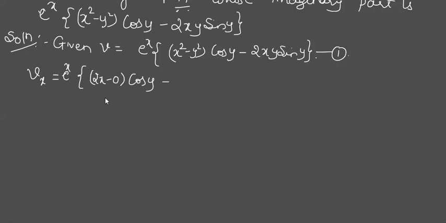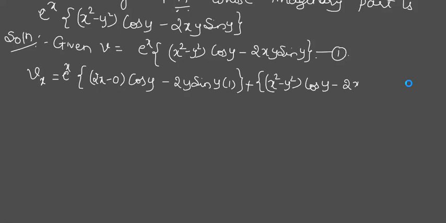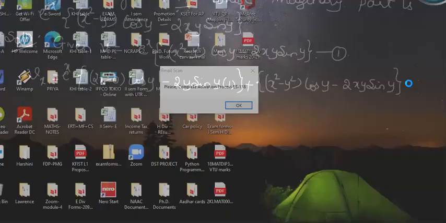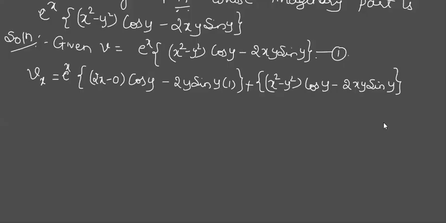What happens? You forget this cos y, so then you will get the wrong answer. So please take care that you are doing a correct differentiation. Similarly here, 2y sin y is constant. What is remaining? x with respect to x is 1. Done. Plus this is product, so we'll get two terms. Now the bracket as it is. What is the derivative of outside function e raised to x? e raised to x only.